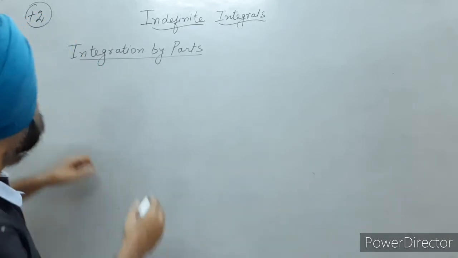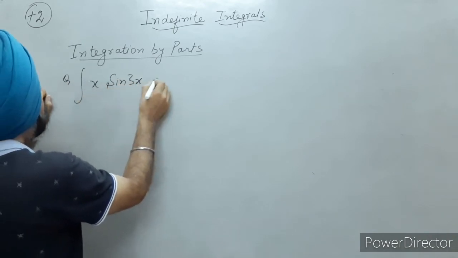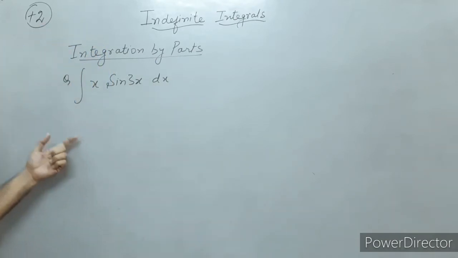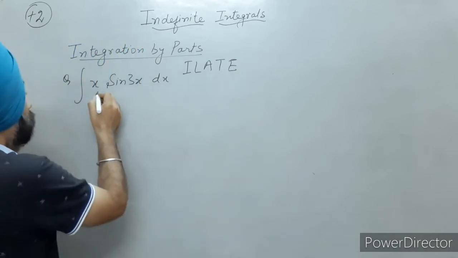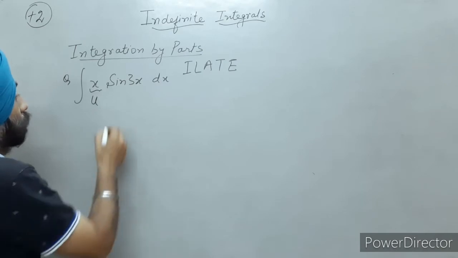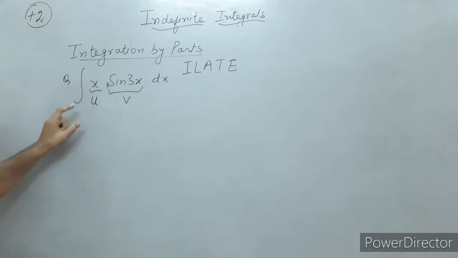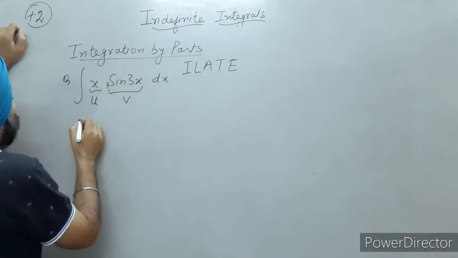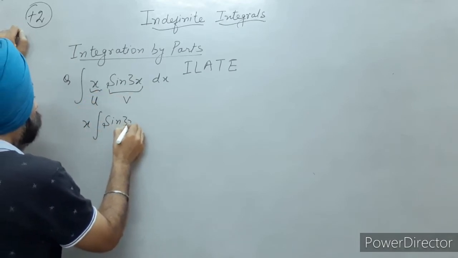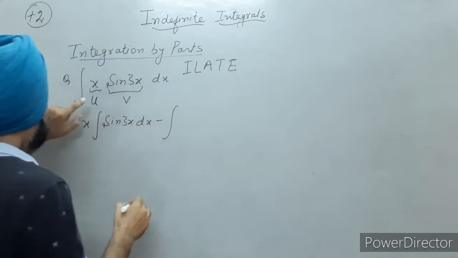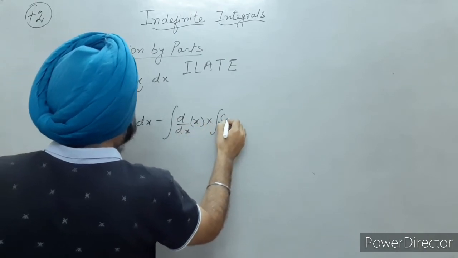Say I have to evaluate, the question is x into sine 3x dx. Just write down ILATE. This is the algebraic function, so it is u. This is the trigonometric function, so it is v. Now, what was my formula? The formula was the UV rule. The rule was: first function, integral of second function, minus integral of the derivative of first with respect to x into integral of second,